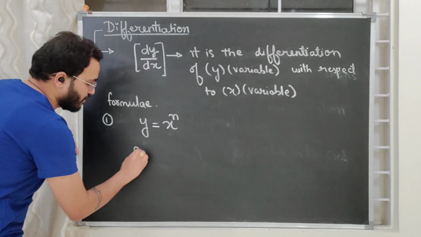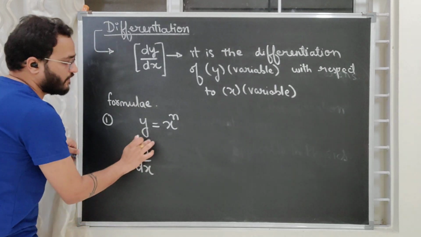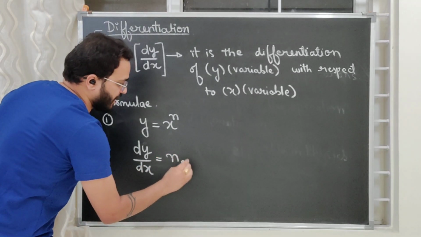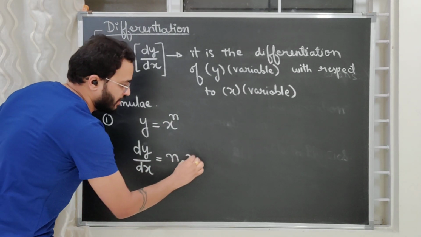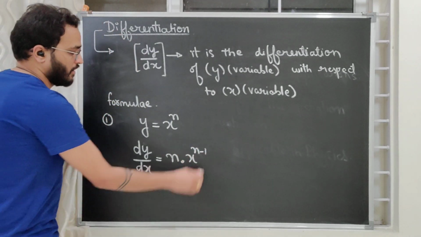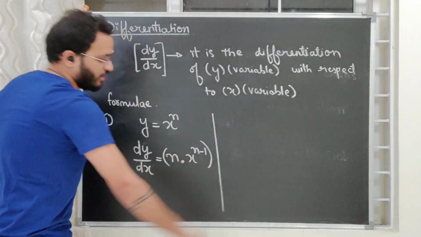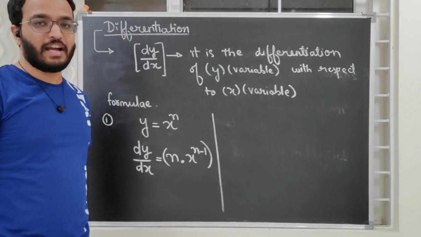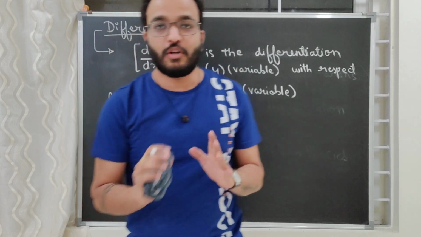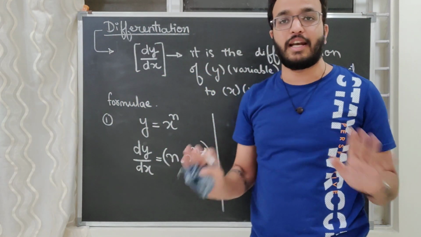Now if somebody asks you, find the differentiation of this y with respect to x if y depends upon x to the power n, you will say the formula is n times x, we will bring this power as the coefficient, to the power n minus 1. Simple. Now you will say, please sir, we are not understanding anything. Already we are so tired with this topic, but you are again telling the formula directly. Don't worry, just wait. We are slowly gonna connect the dots. Everything will be crystal clear at the end.